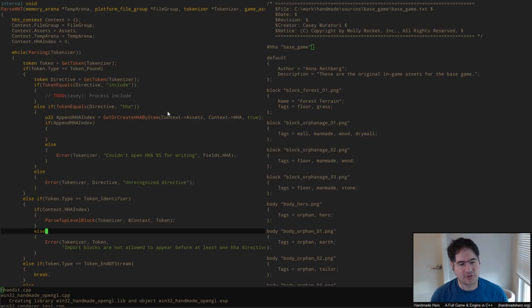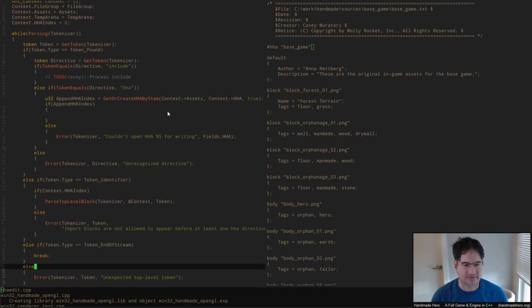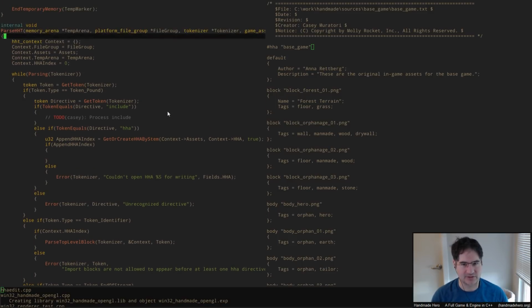All right, so we'll just fault on that and say, yeah, we're not going to process art assets if you don't actually specify an HHA in the packing list. We come through here and we say, all right, we're going to get that HHA. We'll find out what the heck's going on there, right? And so let's get our actual one that when we do create HHA by stem, we'll grab that out. And so we'll just say that's directive